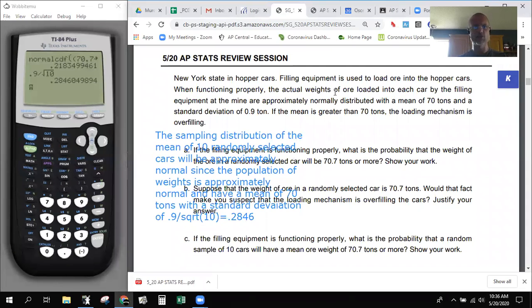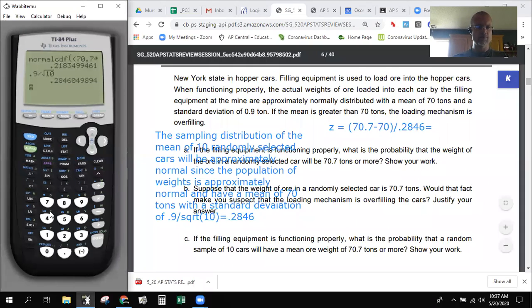If I'm saying that you should, I should do it. All right. So what we're going to do is the z is equal to 70.7 minus 70, but this time divided by 0.2846 is equal to,